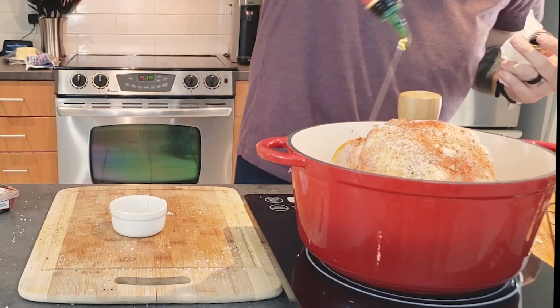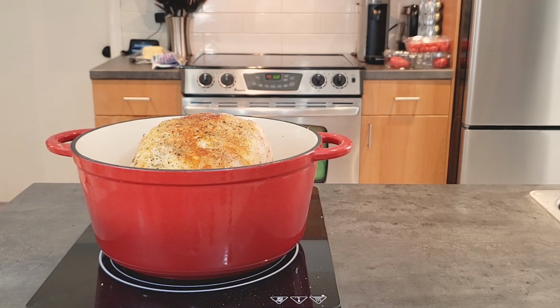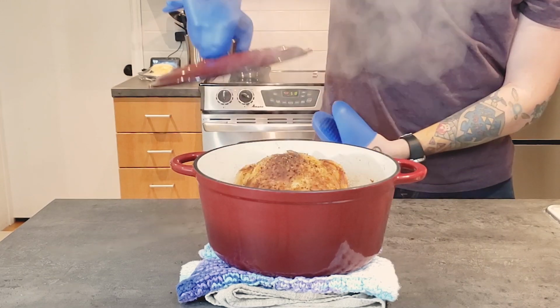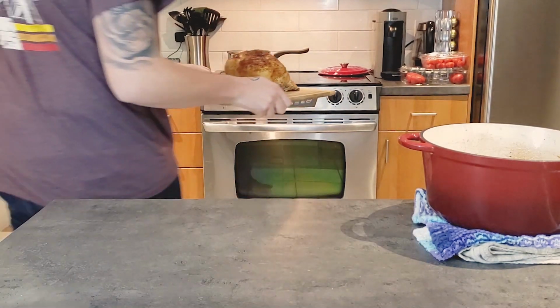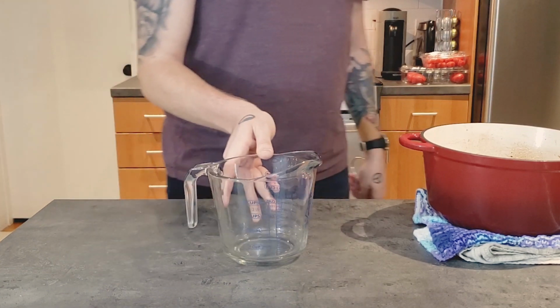Take the entire Dutch oven and put it into the oven at 400 degrees this time until, once again, the temperature reaches 165 degrees. If you notice that your chicken is getting a little too brown too quickly, go ahead and just add the lid to the Dutch oven. That's going to stop the chicken from browning, and it's going to finish by steaming the chicken. Once the chicken's done, once again, we're going to let it rest for another 10 minutes while we make a